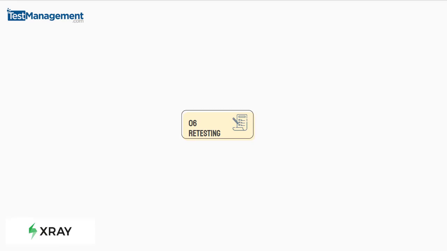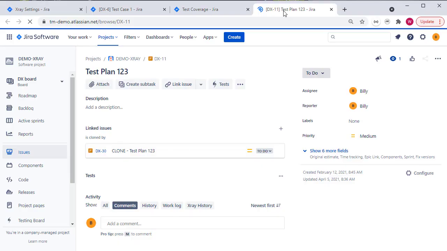Retesting then. So some test cases fail, you want to rerun them, you want to identify those failed tests quickly, group them into an execution run and complete the retest. With Xray, the easiest way to do this is from the perspective of the test plans. So we might have a test plan. And if I view that test plan,